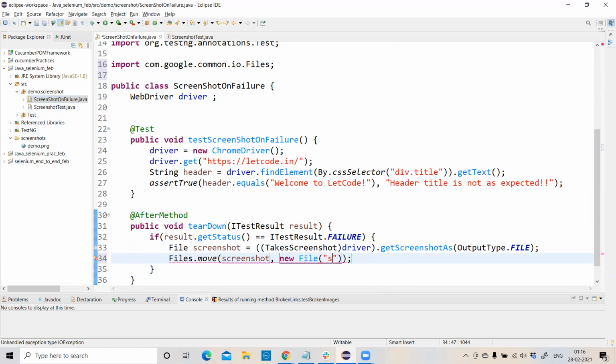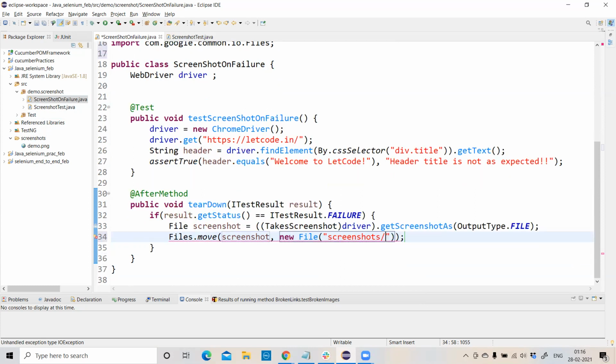You can directly write screenshots slash and just mention the screenshot file name. Right now, let me keep it as test.png.